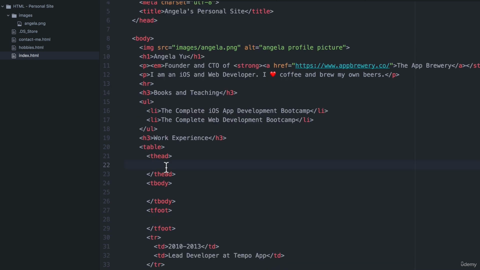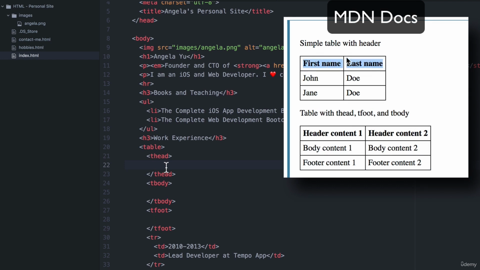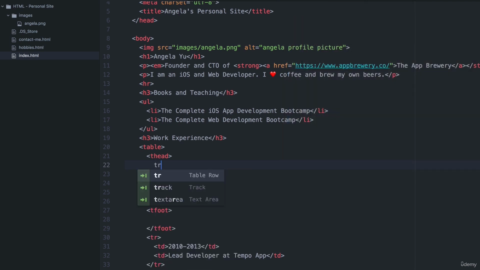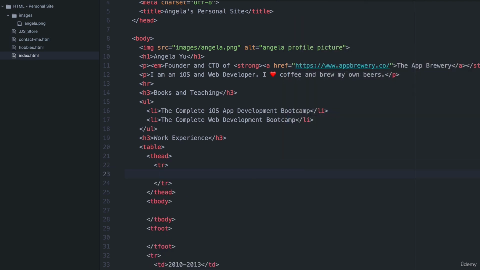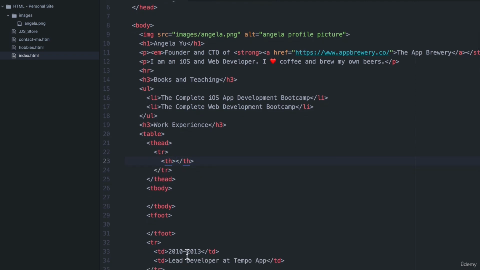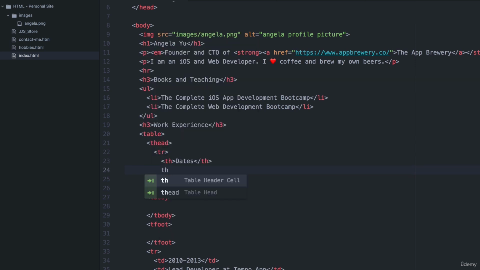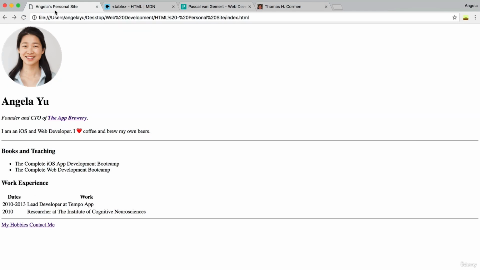Now, inside the table head, we can add some titles to each of our columns, and they get formatted by default in bold. So if we create a new table row, and inside this row, instead of creating table data or TD elements, we're going to create TH elements, or a table header cell element. And inside here, we're going to give the name of our first column, which is going to be dates. And then we're going to create another table header cell, and this one is going to be the work that we did. So let's hit save and hit refresh, and you'll see that we now have table headings for each